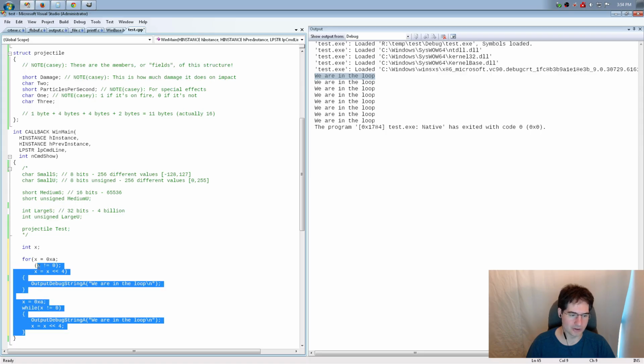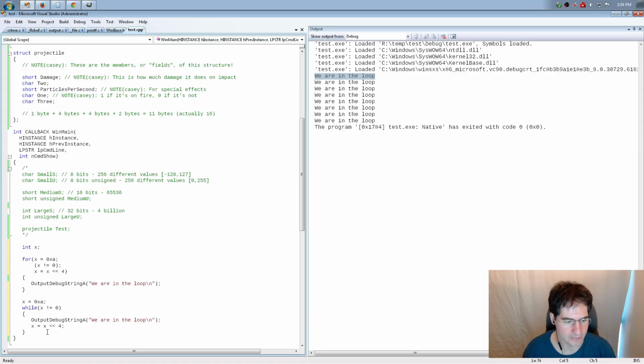And you may find one or the other easier to read. Now, the reason a lot of people prefer for loops is not because they're more flexible or do anything all that interesting over just writing it as a while loop like this. Usually the reason is that it makes it easier for people reading the code to see the main reason for the loop, because it puts the loop controller out in the header.